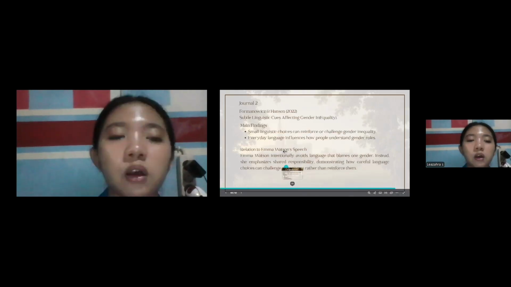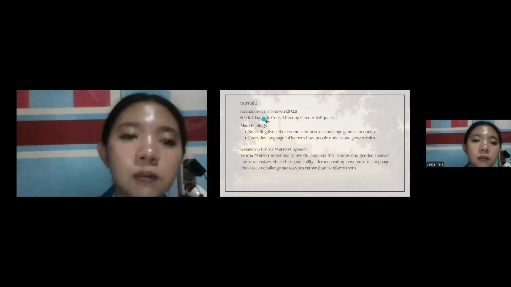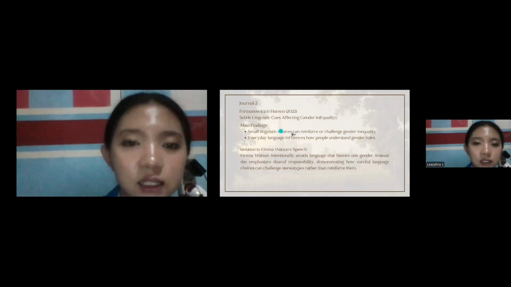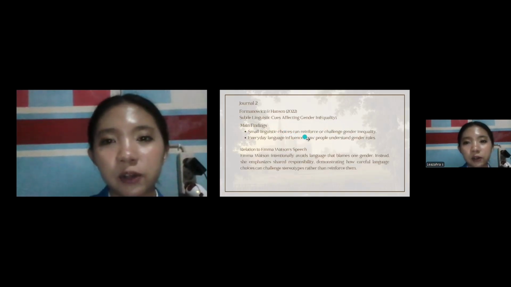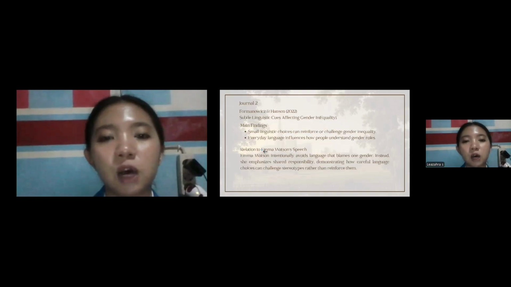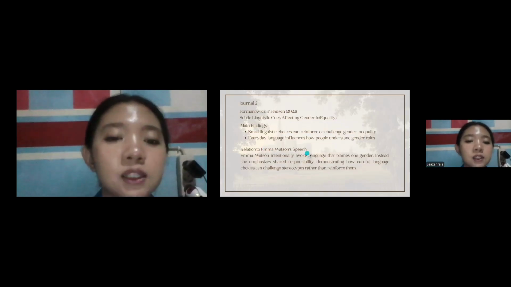Journal 2 from Farmonovic and Hansen, titled Subtle Linguistic Causes Affecting Gender Inequality. The main findings are: one, small linguistic choices can reinforce or challenge gender inequality; and two, everyday language influences how people understand gender roles. In relation to Emma Watson's speech is